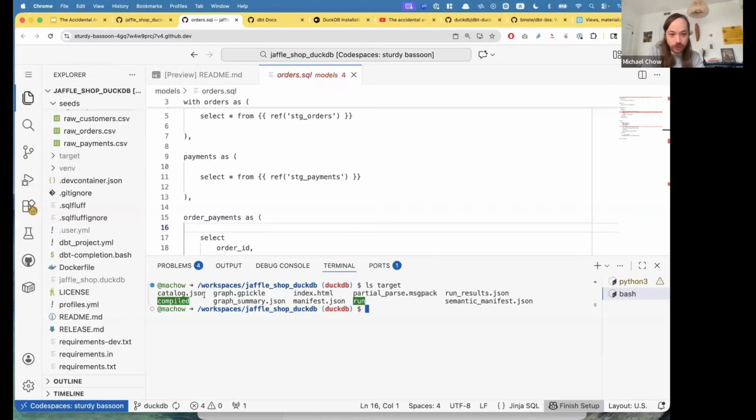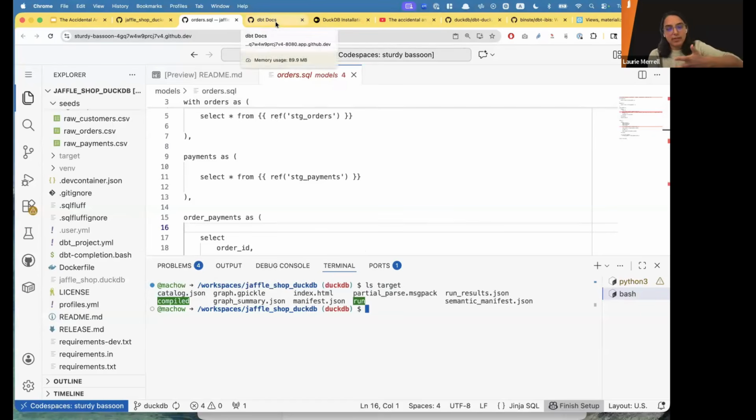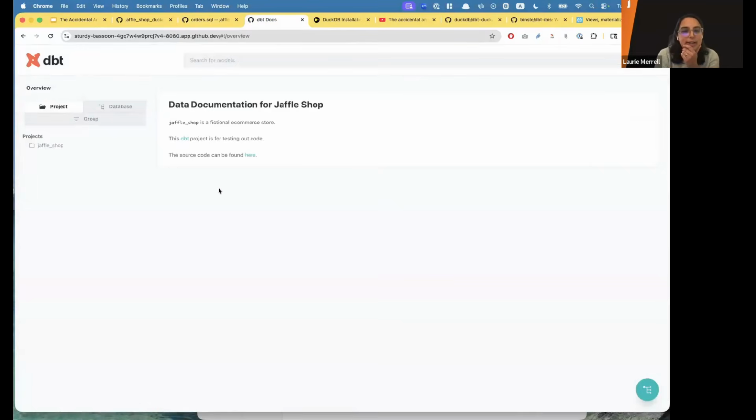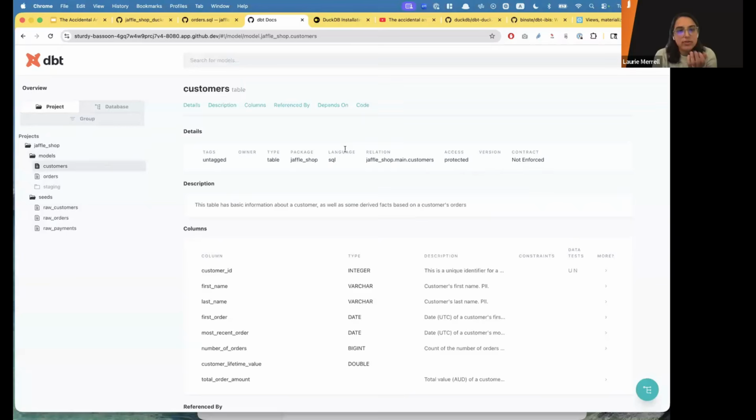Oh yeah, here. So this is kind of like the internal, how the sausage gets made. These are huge, really gnarly JSON files that contain all the metadata and all of the resolved information that DBT does. But then DBT provides a user interface on top of that through the docs site, where you can see information about each of the models.